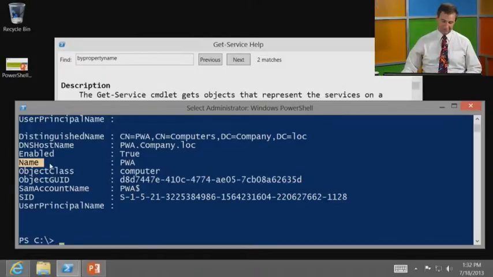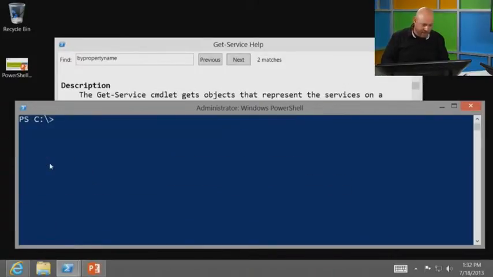Do you want to show them? You want to show them? I don't have AD computer. Oh, you don't have AD computer. Well, let me show them then. So,